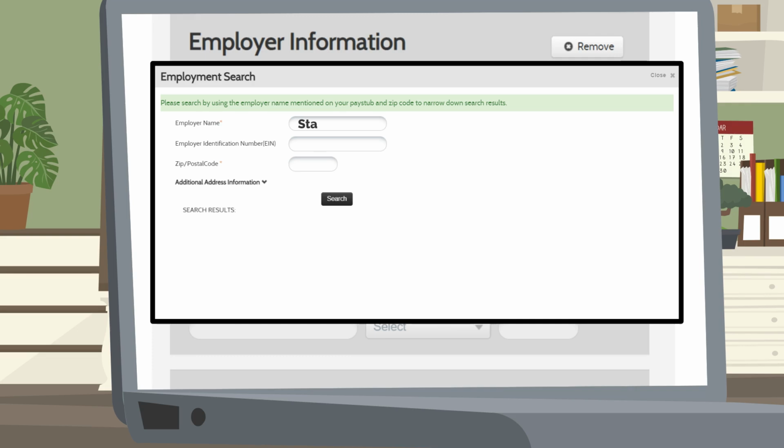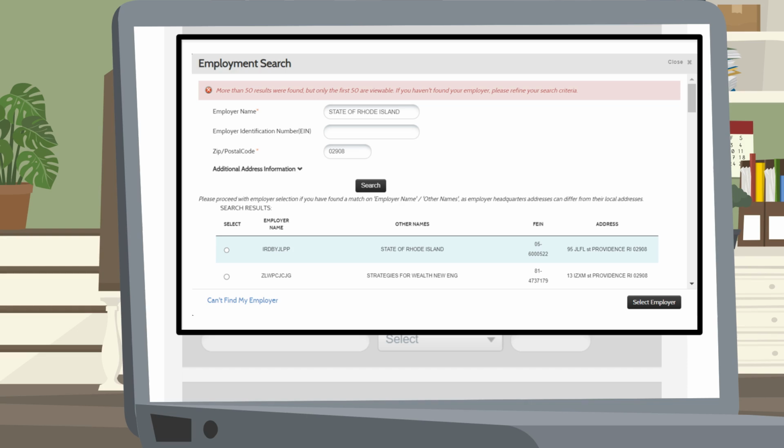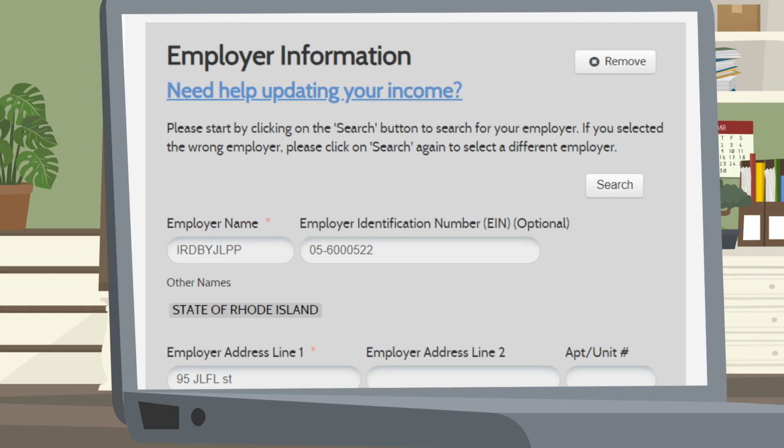Fill out the employer name, employer identification number, and the zip code that you copied down from the original record and click the Search button. After the page refreshes, the top results will display. Click the box next to the employer name and click the Select Employer button. The Your Information, Current Job, and Income page will refresh, and the details of your employment will appear on the